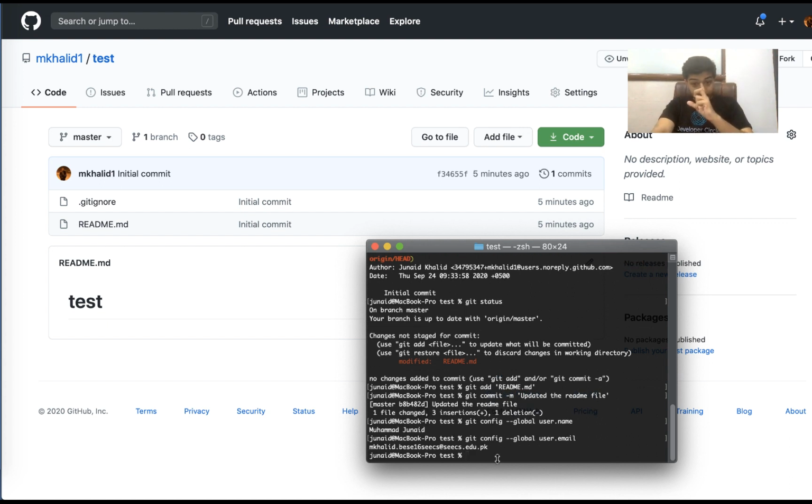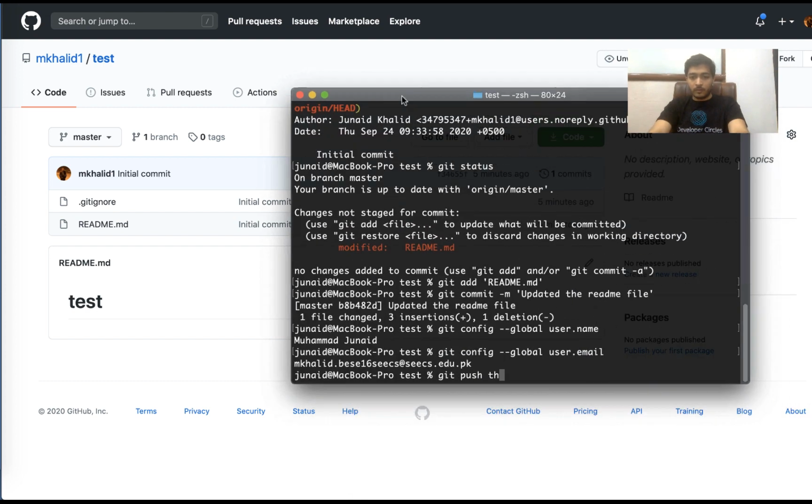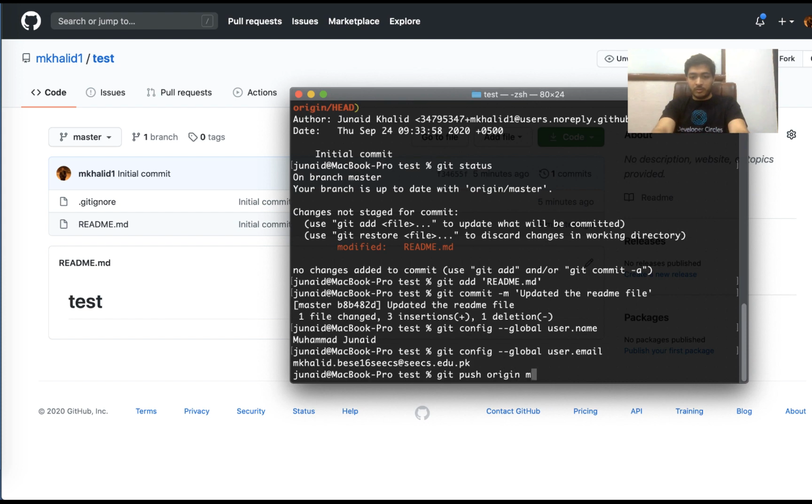And, yeah, so my account is right now connected, but if yours isn't, when you run the next command, which is git push origin master, it will ask you for the credentials.